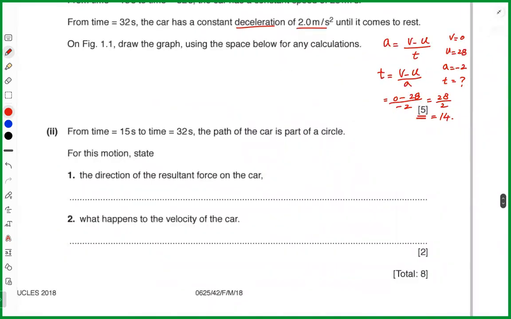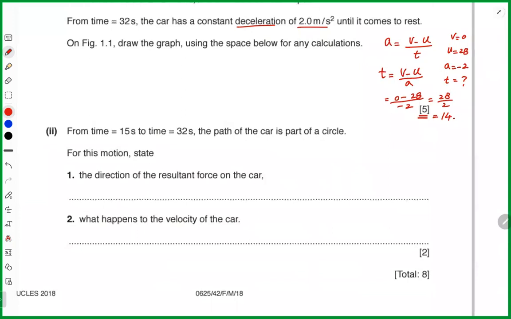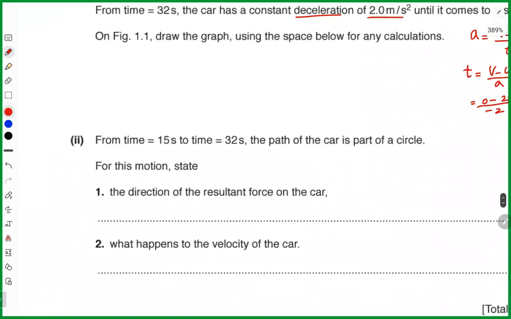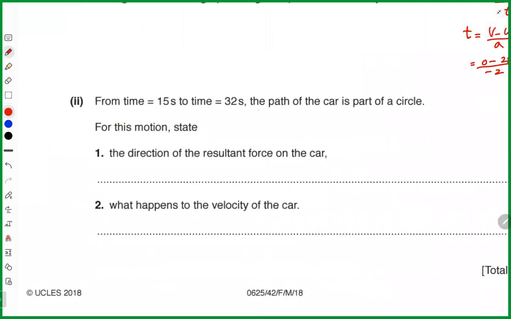For time 15 seconds to time 32 seconds, the path of the car is part of a circle. For this motion of the car, what is the direction of the resultant force on the car? When something moves in a circular path, towards the middle? Towards the center. Yeah, towards the center of the circular